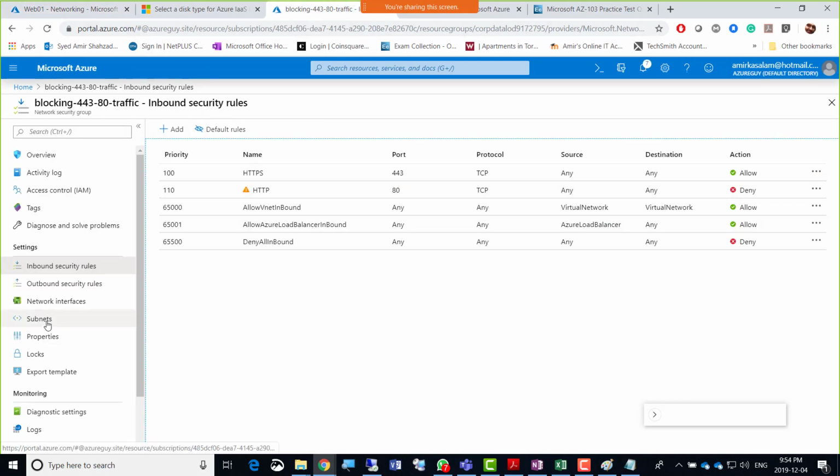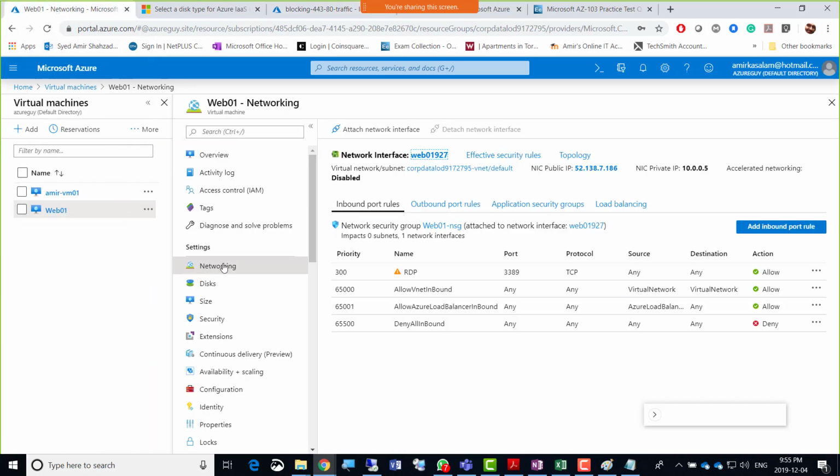What I can do is go to Web01, which is a virtual machine, right? Inside the Web01 virtual machine, I can do exactly that. Why should I attach another NSG there when there is already this one?